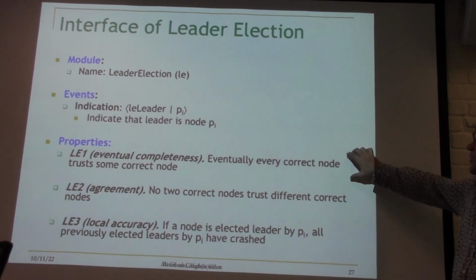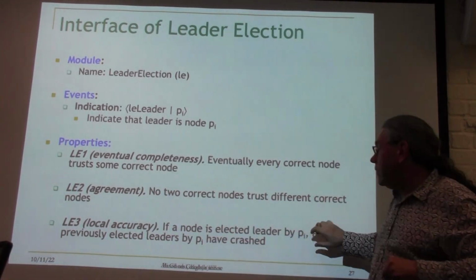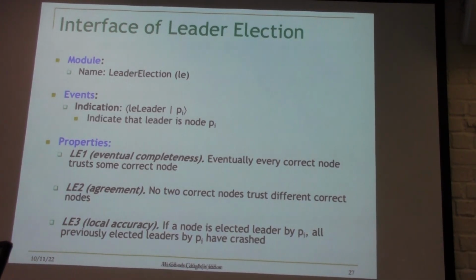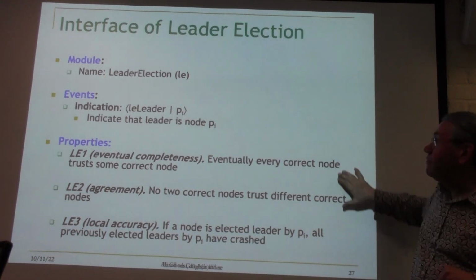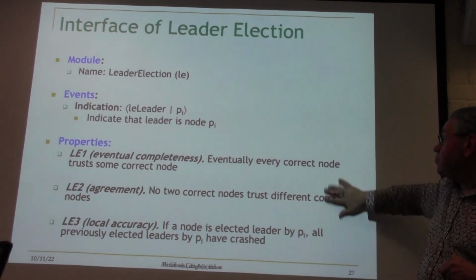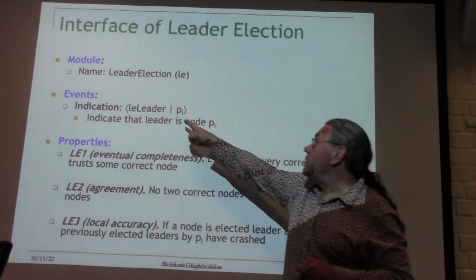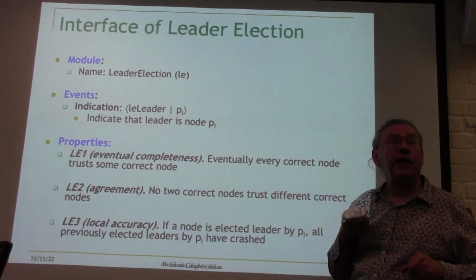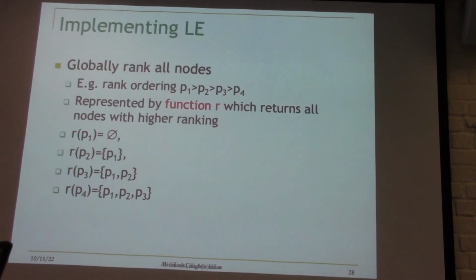Okay? And so we've added this third property to tweak this behavior. You see that? And it's very similar to the perfect failure detector. This one will never make any mistakes. And there's only one indication coming out there. So it kind of resembles P. But we've added this third property to make it more the way we want it to be.